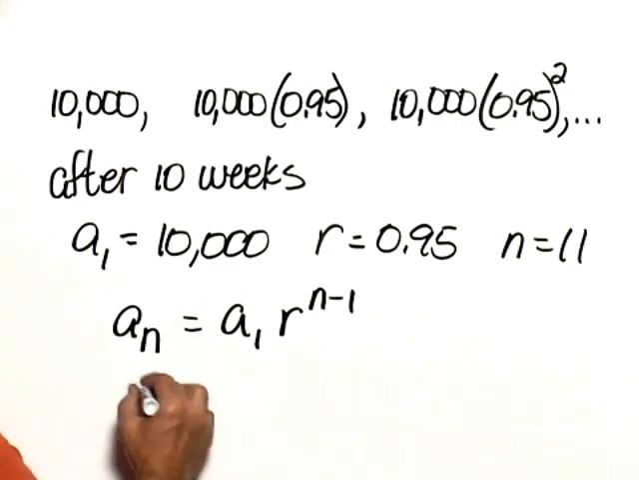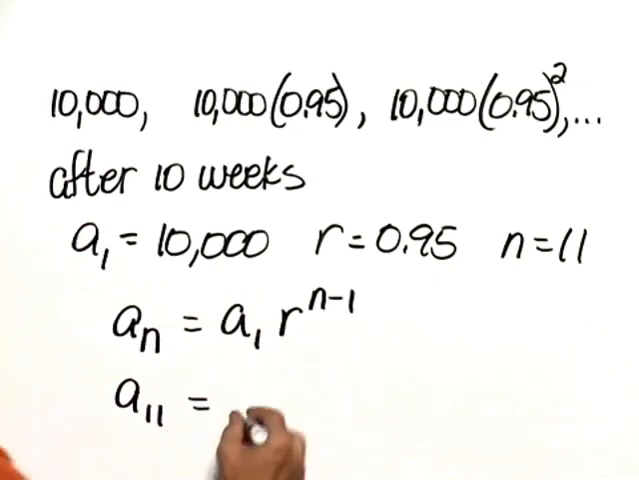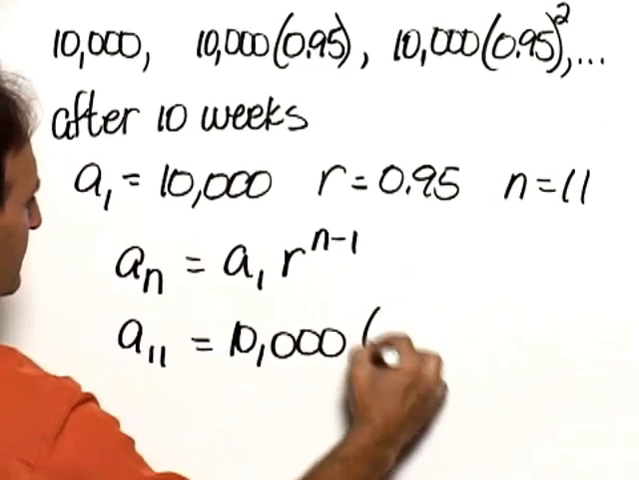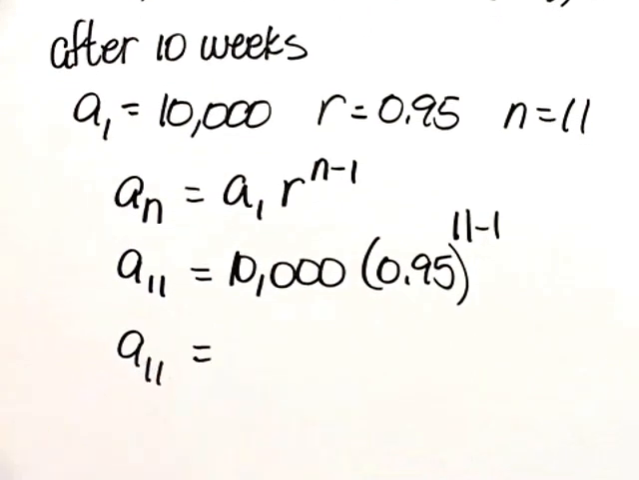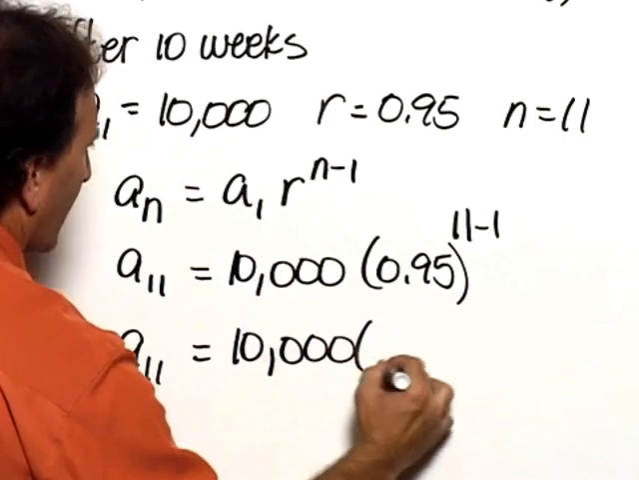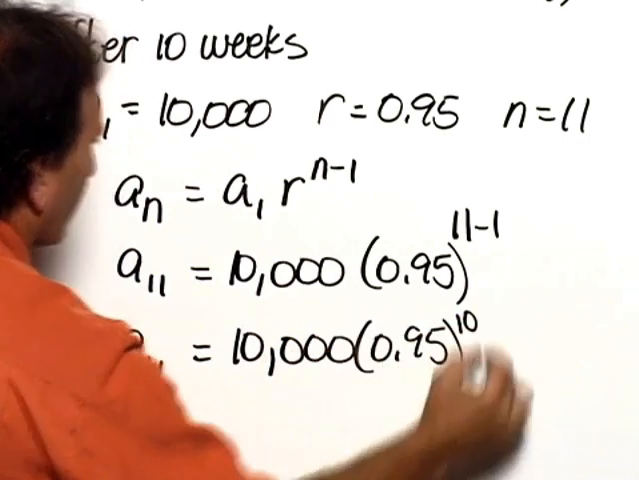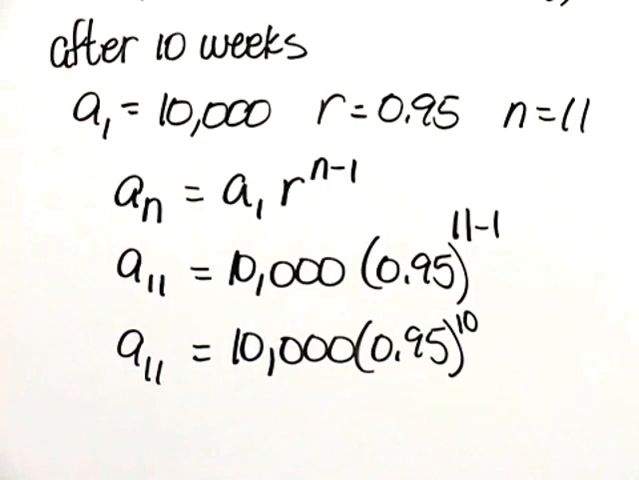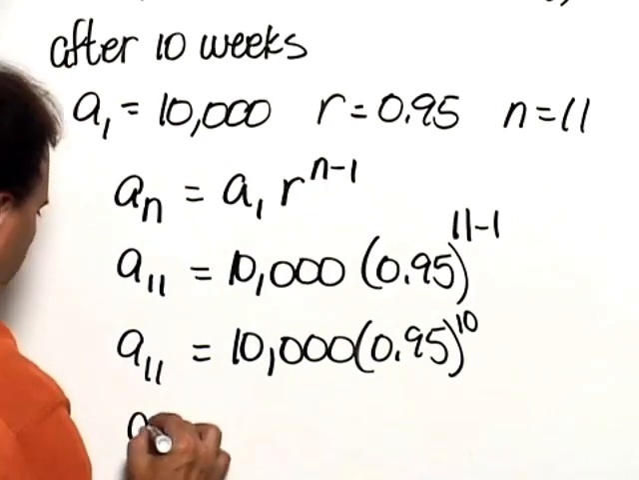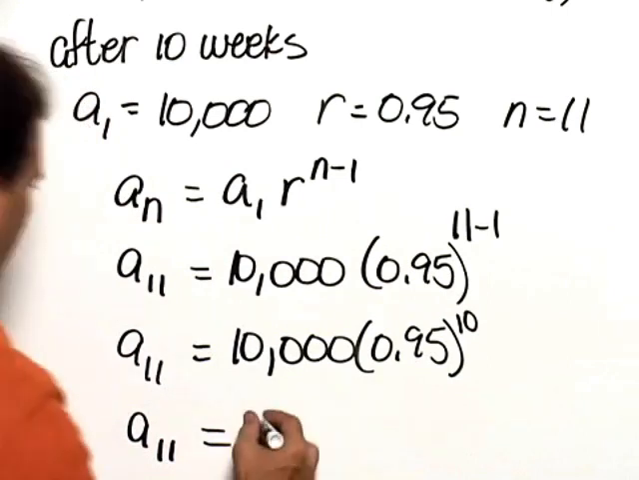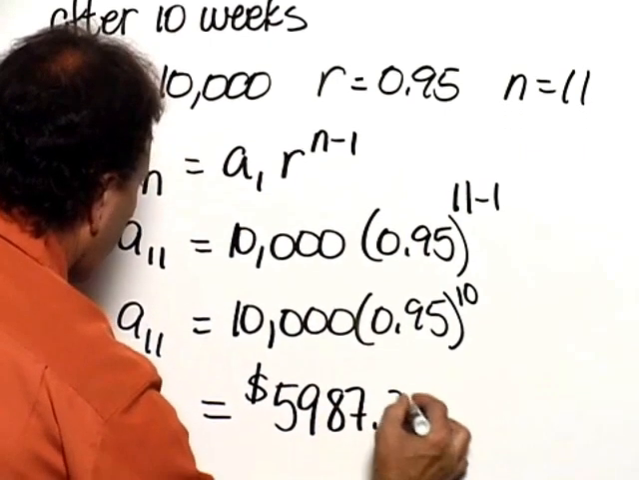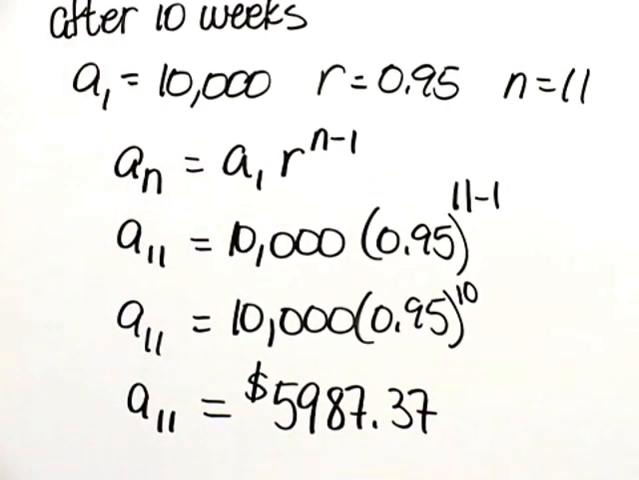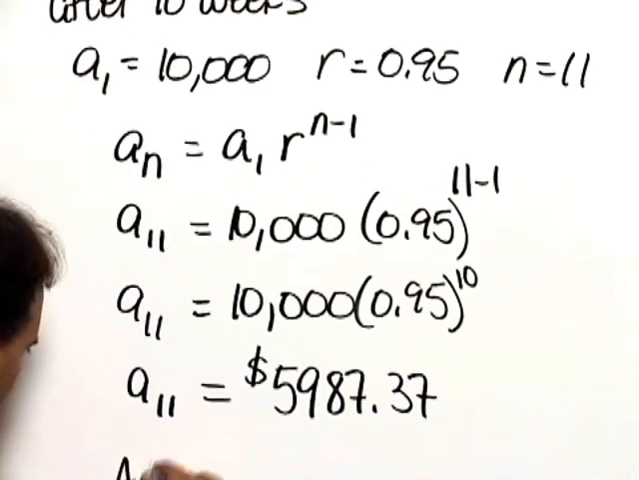We're interested in a sub 11. That would be equal to 10,000 times 0.95 raised to the 11 minus 1. That's a sub 11 is equal to 10,000 times 0.95 raised to the 10th power. We substitute those values into our calculator, and we would find that a sub 11 is equal to 5,987.37. And that means that after 10 weeks,